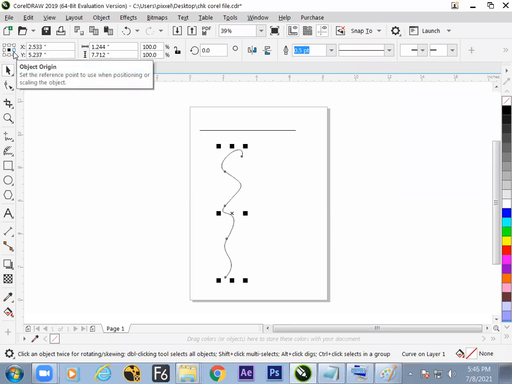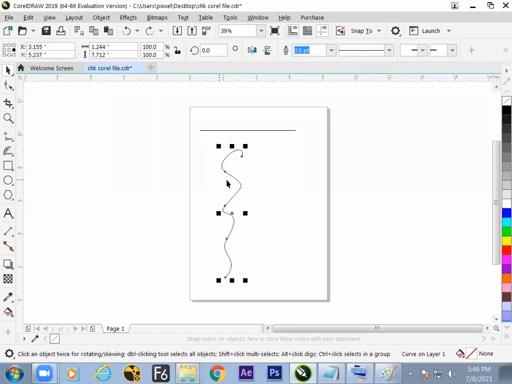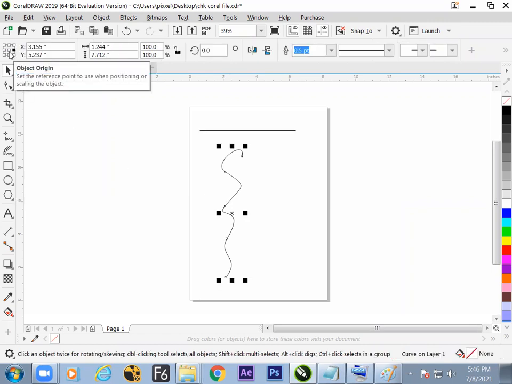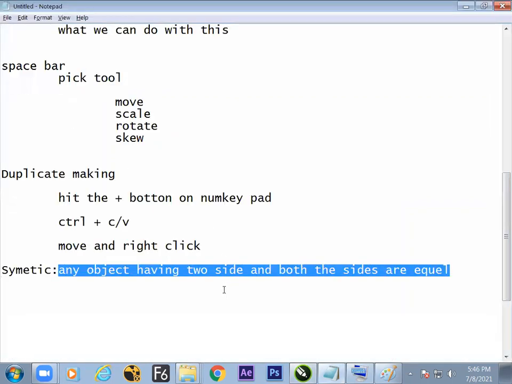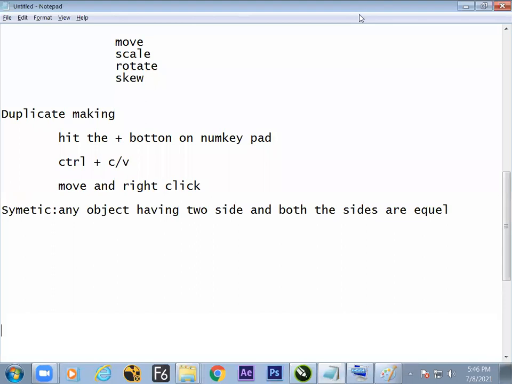But this is technically called the reference point. We can change the reference or origin point. In Adobe, it is the reference point. In Corel language, this is called origin. The origin can be shifted. Then if you flip something, it will flip from the right side rather than the center. So hope we have understood now what is the use of origin. What is the use of origin? So note down, in CorelDRAW, in the option bar, while working with the spacebar, there is an option called origin. Is this the center point?